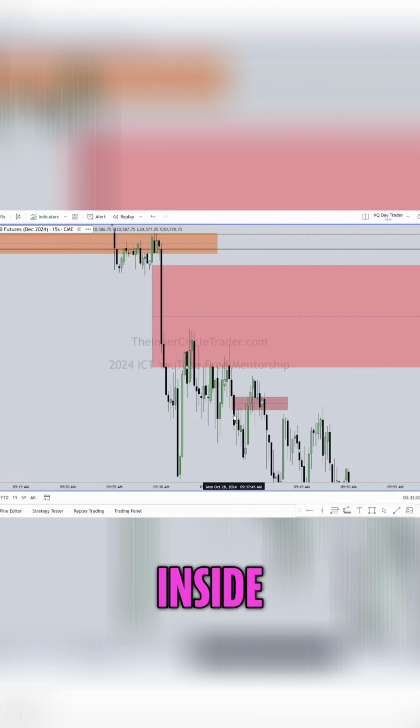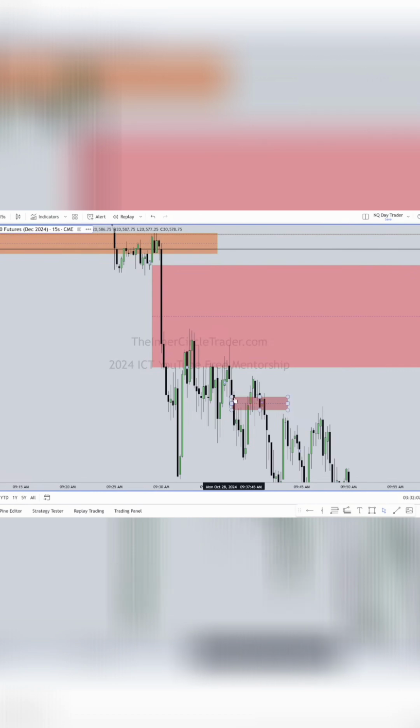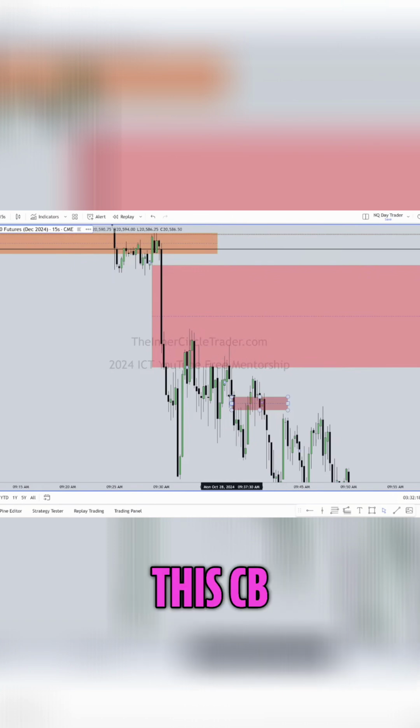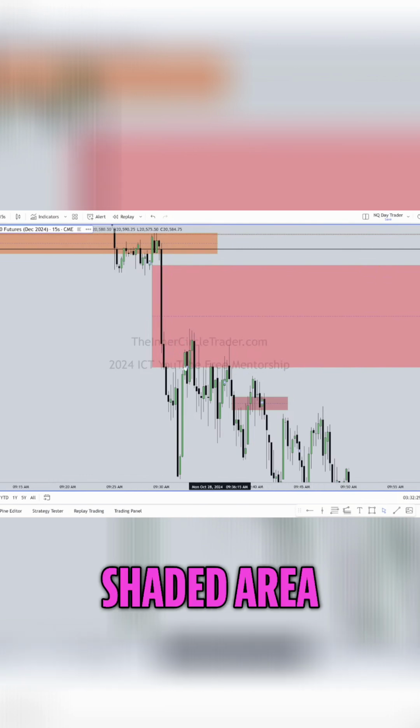But what else is inside that range? If you're looking at this candlestick right here, to have that framed for a risk, where did it leave? This SIBI up here. So if it left this SIBI, when it does here, and it breaks and gives you this fair value gap here, if we didn't have price so close to that SIBI low, the bottom of that rectangle shaded area,